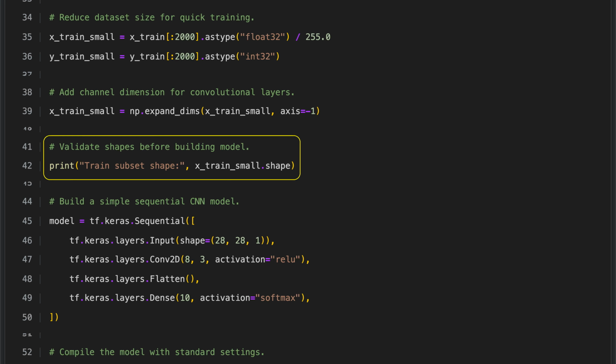Before building the model, the code prints the shape of the training data to confirm that pre-processing worked correctly and the data is in the expected format. This check helps verify that the input dimensions match what the model needs. It is especially important after adding the channel dimension required by convolutional layers, so the model can be constructed and